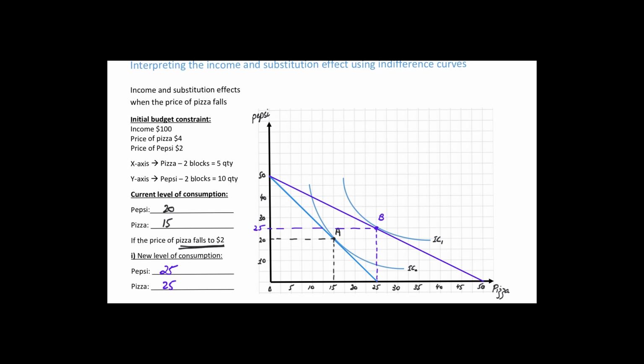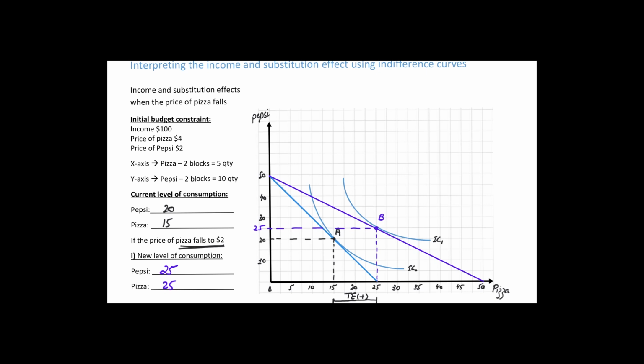मैं ये कह रहा हूँ कि सिर्फ और सिर्फ एक good की price कम होने से मेरे दोनों goods की consumption बढ़ रही है, और ये A से B जाने के अंदर जो overall increase है, इसको हम total effect बोलते हैं। ये total effect कहलाया जाता है, और ये प्लस में है क्योंकि quantity increase हो रही है। ये जो price कम होने की वजह से 10 का total effect आया है पिज्जास में। I'm not worrying about Pepsi because Pepsi की तो price ही change नहीं हुई है, तो substitution income effect I don't need to talk about that. Price इसकी change हुई है तो इसका substitution income effect figure out करना है।